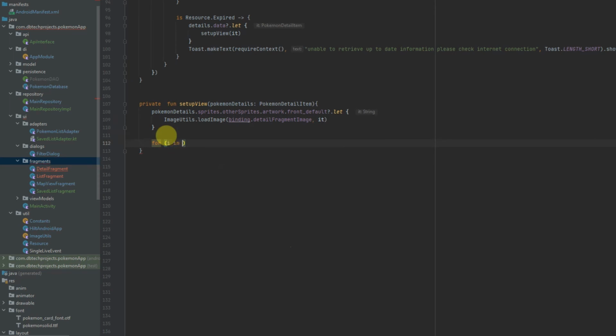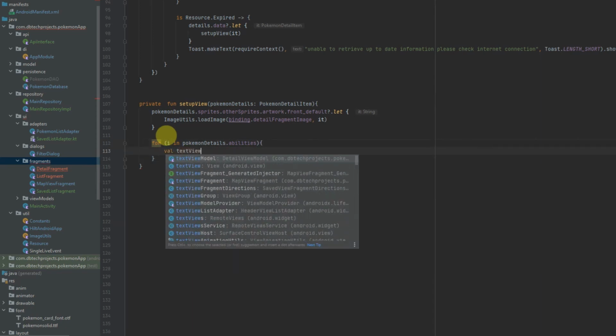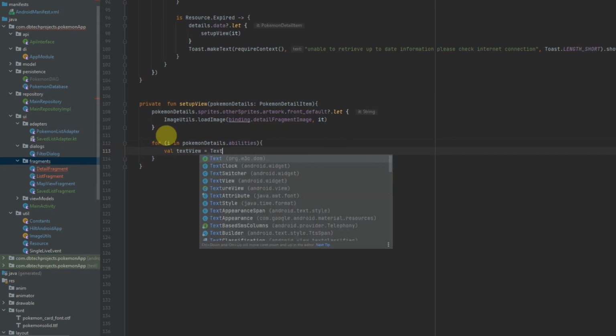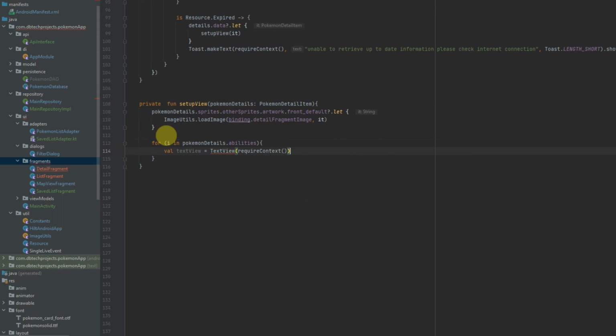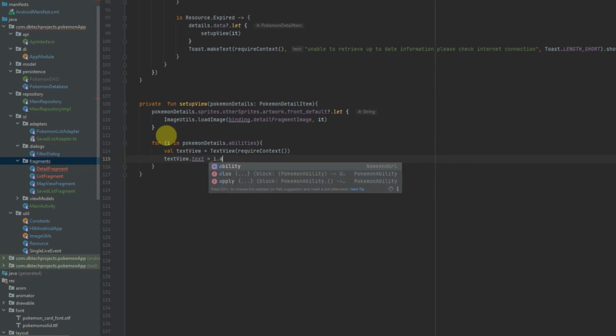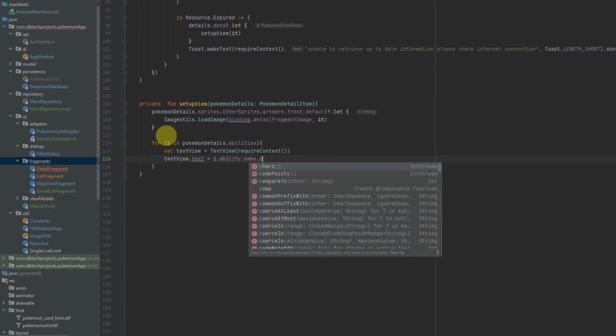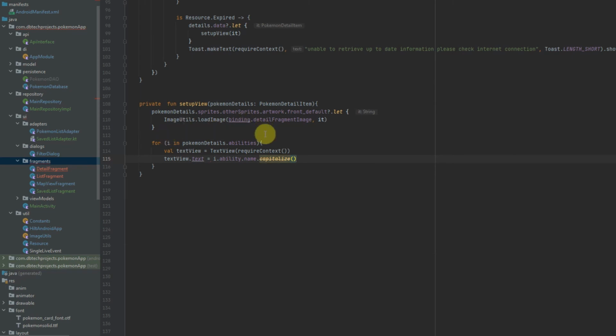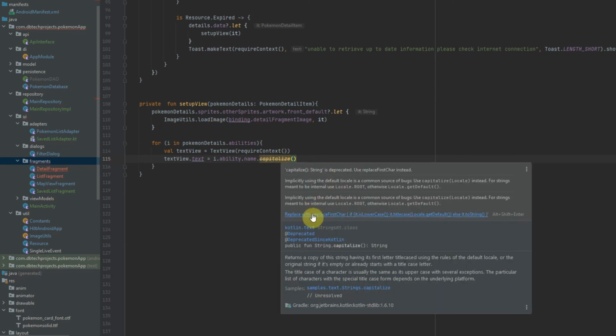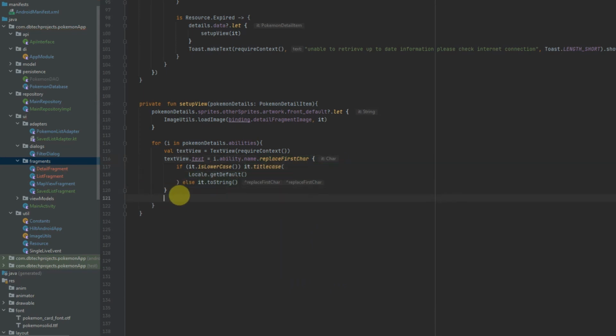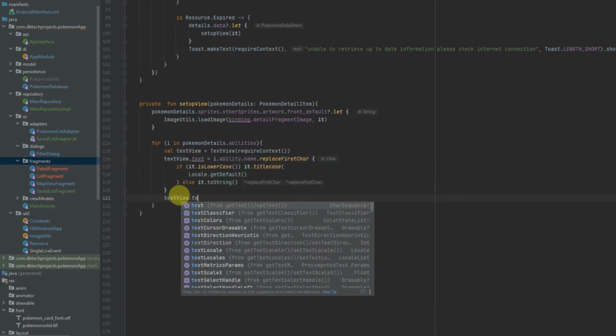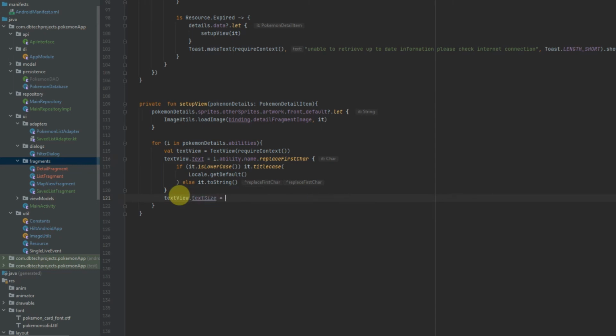So for i in Pokemon details dot abilities, we will create a text view for each ability, and the text will be i dot ability dot name dot capitalize. Next we set the text size to 15f,